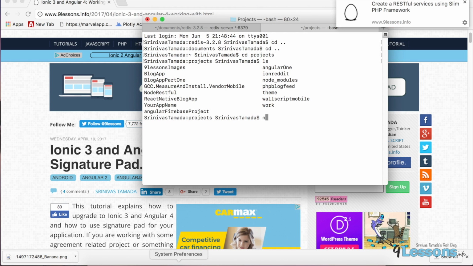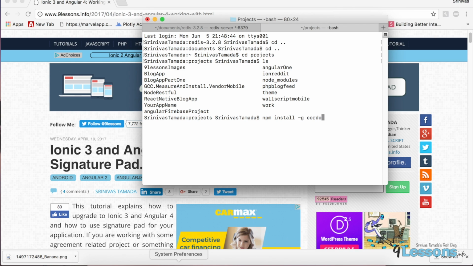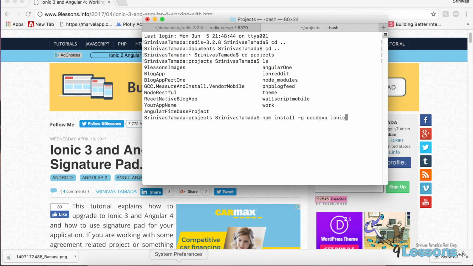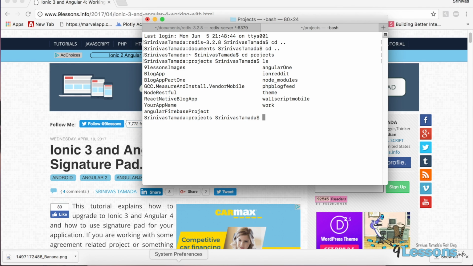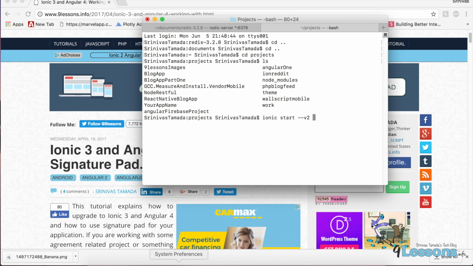Before that you need to install, npm install dash g, global, Cordova and Ionic. So this will give all the Ionic and Cordova support. I explained in my previous videos as well. Now you can start the project like this: ionic start v2, means stands for version 2, and your project name. I'm just giving Ionic welcome